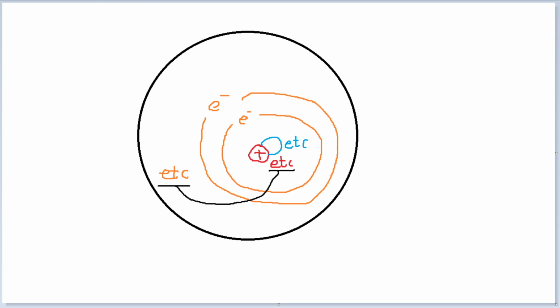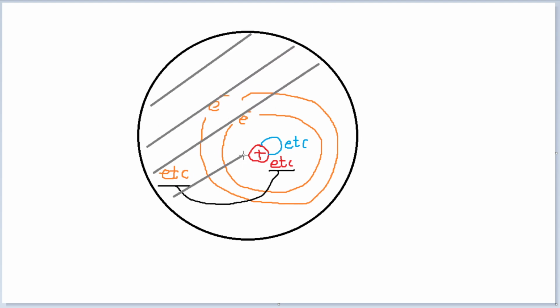I'm going to sort of try to shrink it down now. By the way, let me just do something like this. Maybe let me use gray. We're going to sort of ignore what's going on inside an atom. We can't completely forget, but it's some details that we might need later. For now, we're going to just take this circle that I've drawn and say that is the picture of an atom that we will work with.